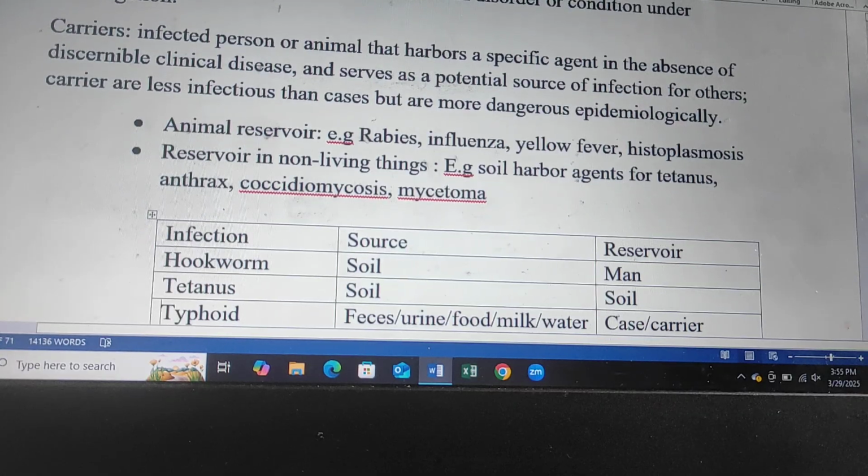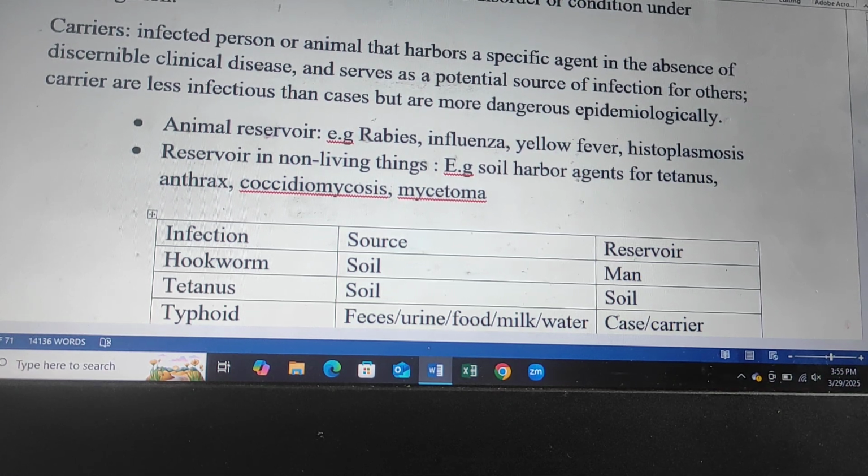Carrier: an infected person or animal that harbors a specific agent in the absence of discernible clinical disease and serves as a potential source of infection for others. Carriers are less infectious than cases but are more dangerous epidemiologically. Animal reservoir examples: rabies, influenza, yellow fever, histoplasmosis. Reservoir in non-living things: for example, soil harbors the agent for tetanus, anthrax,